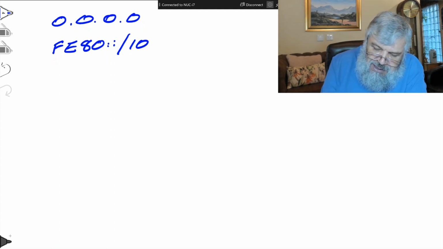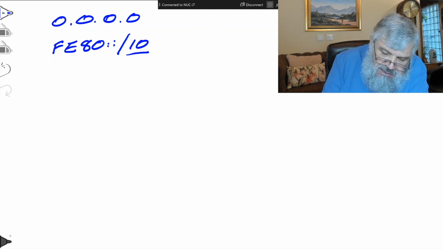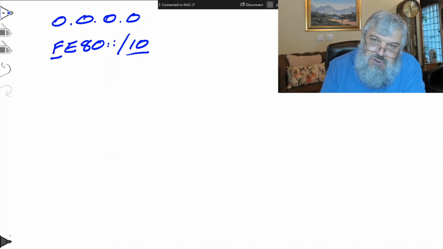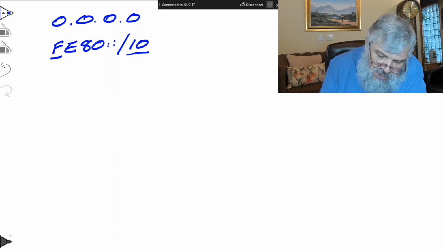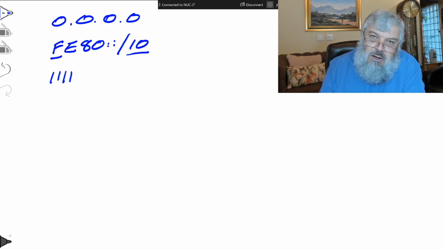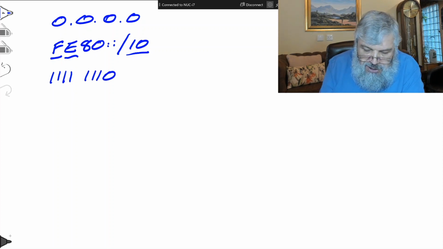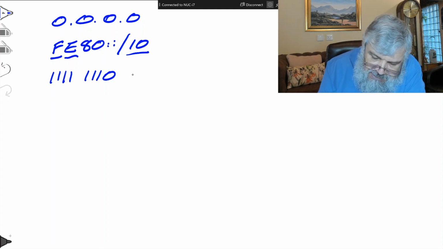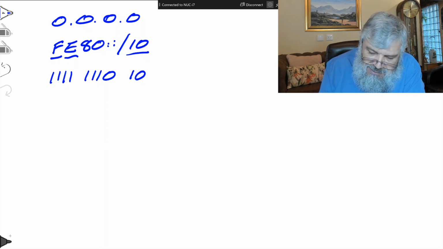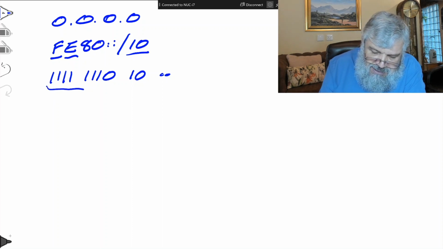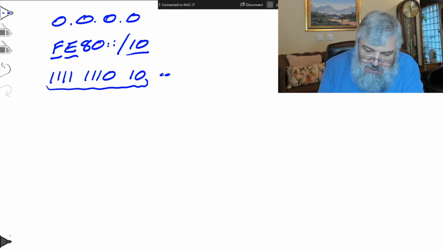But if we look at the 10, it means those 4 bits representing the F, in other words, 1111, let's write it down, 1111, are of importance. The next 4 bits are also of importance, and then we've already used 8 bits and only 10 of them are important. So the moment that we write the 8, it would be 1, 0, and in principle 0, 0 again, but this already takes us to 10 bits.